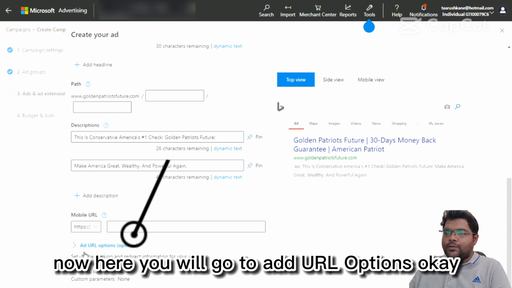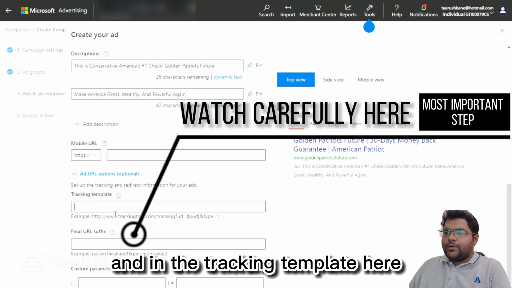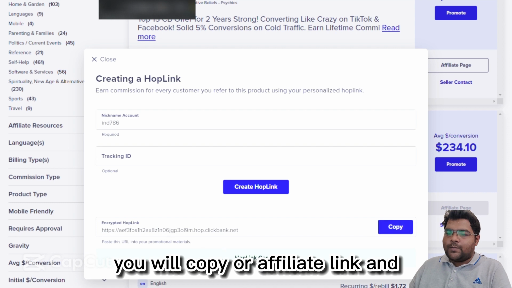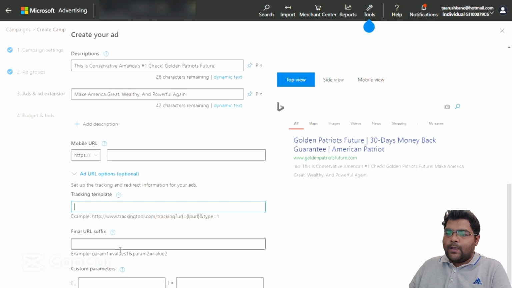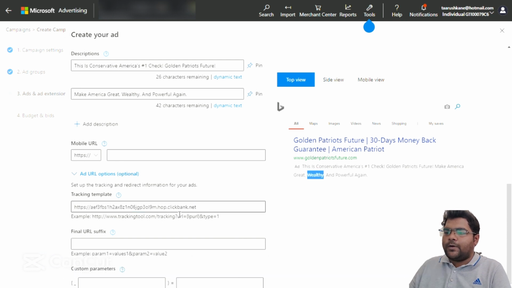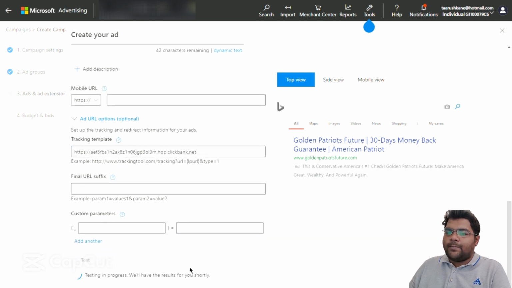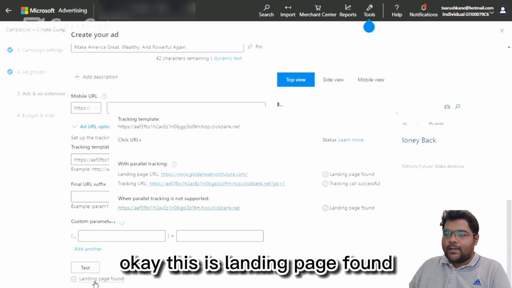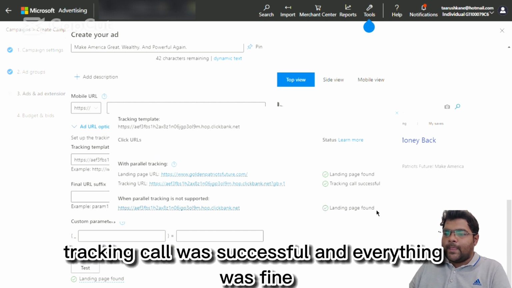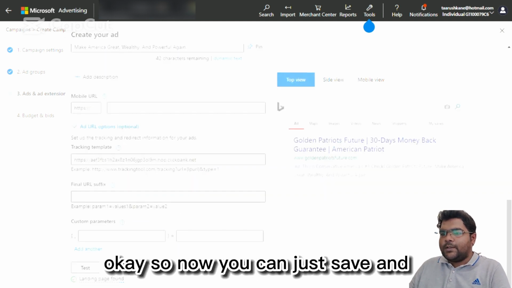Now here you will go to add URL options. Okay, and in the tracking template here, you'll go back to Clickbank, you'll copy your affiliate link, and in the tracking template area you need to put in your affiliate link like that. Okay, and now you can just click test. Okay, this says landing page found. You can see landing page found, tracking call was successful, and everything was fine. Okay, so now you can just save